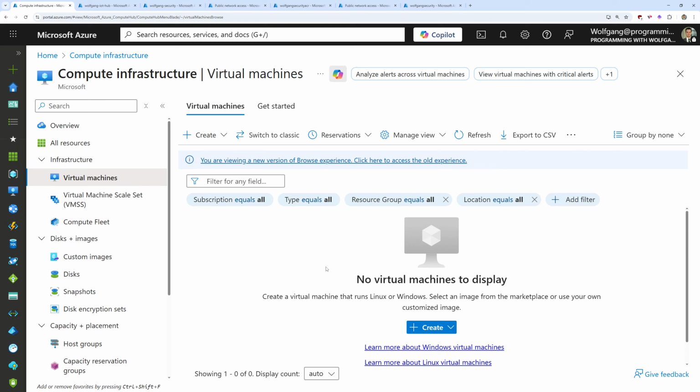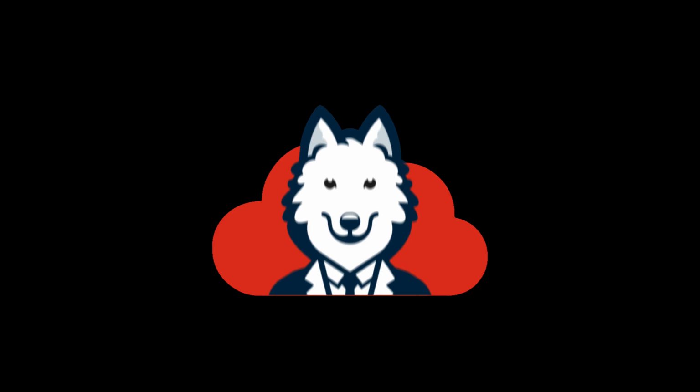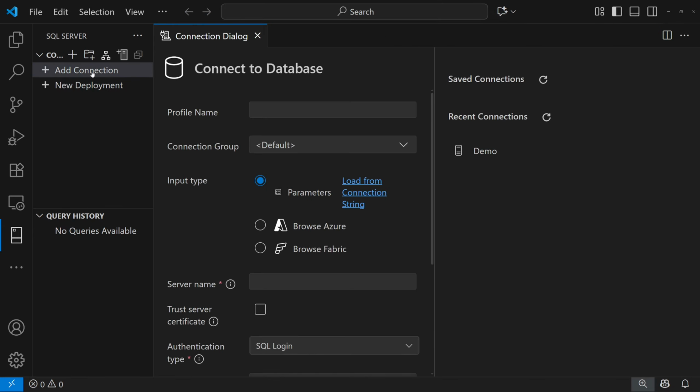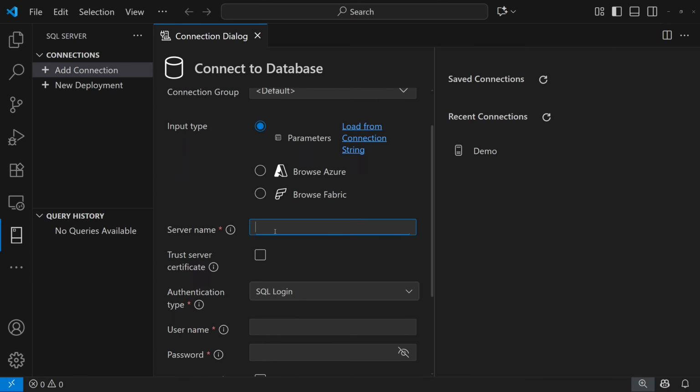With this said, now let's switch over to Visual Studio Code and try to access the SQL Server from my local machine. Here in Visual Studio Code, I'm using the Microsoft SQL extension, but you can use any SQL tool you want. The way it works here, I click on Add Connection, I provide a name. If I scroll down, I provide the server name. This is just the name of the server,